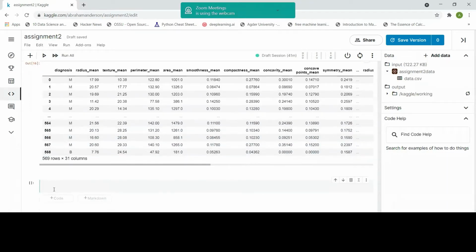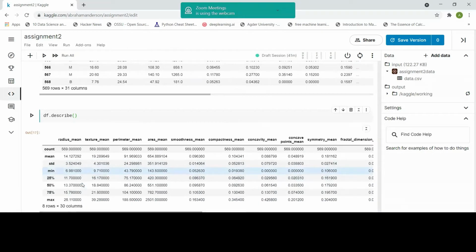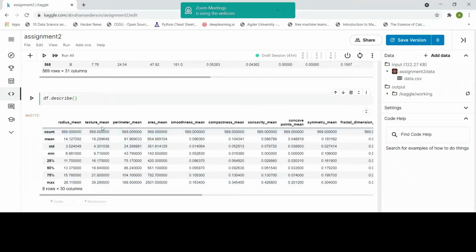But before we go further, let's explore our data a little bit more because it's very important. In order to get some statistical information about our data, we use the describe method. Let's run this code. As you can see, all of the columns have been listed here inside a table, and we see the count of the elements, which means how many values they have. Count represents the number of rows each column has, which is